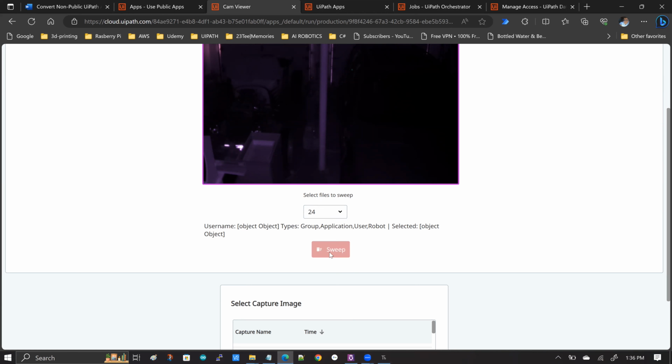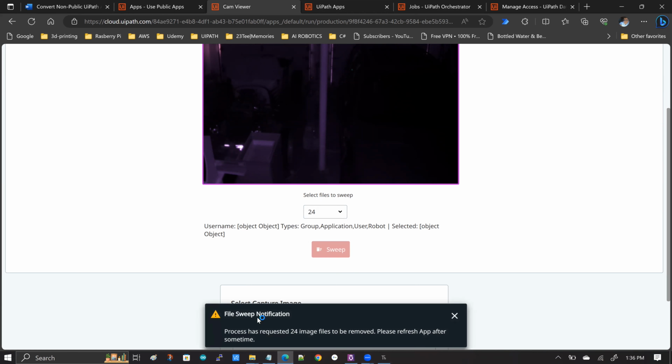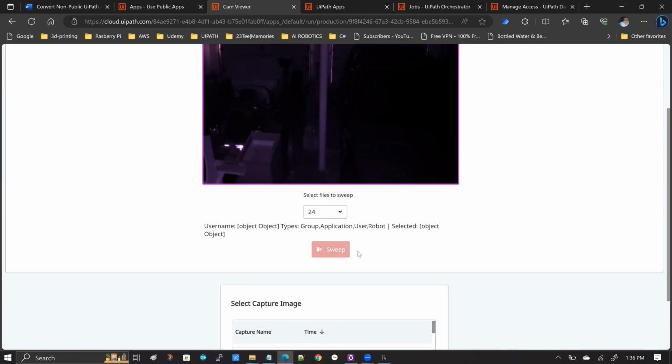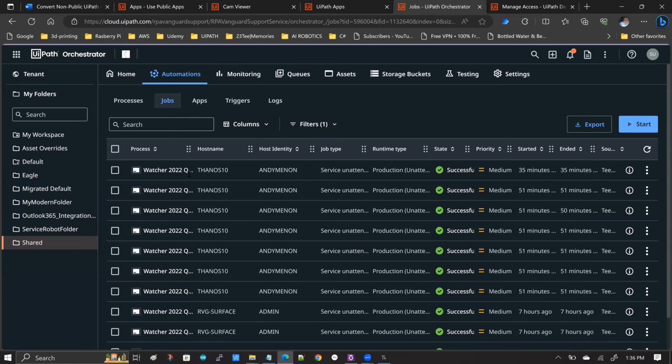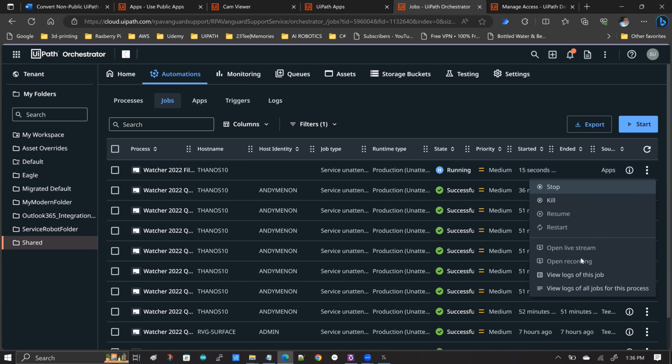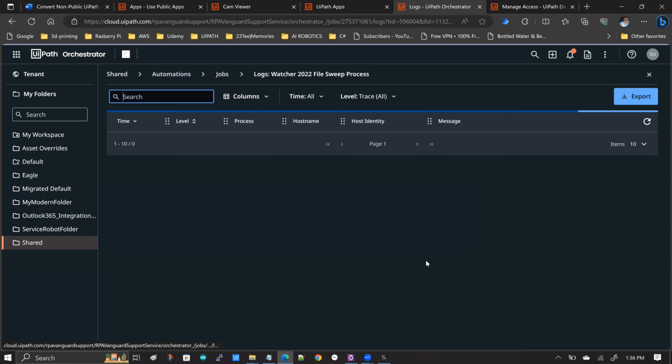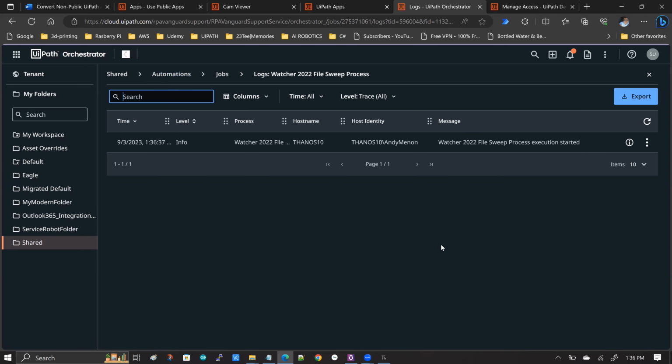So if I hit sweep, you can see that there is a notification saying, hey, the process has received the request to delete the oldest 24 images. Check back after some time. Now, if I go into the orchestrator, you can see that a background process is running, right? And if I go into those logs and refresh,